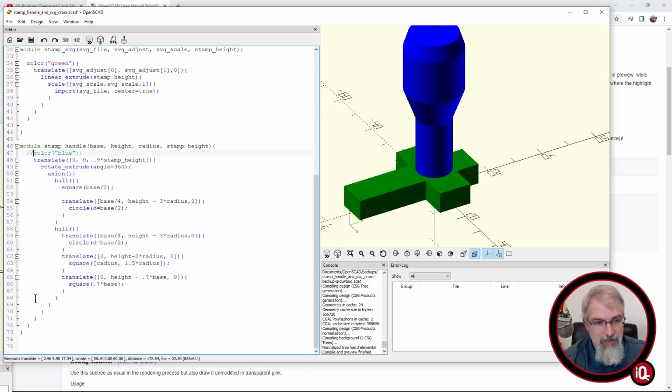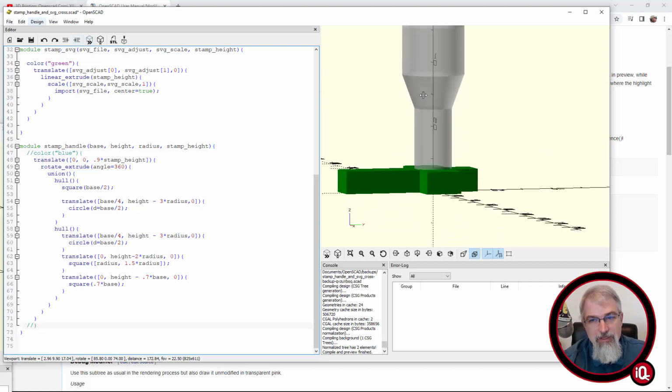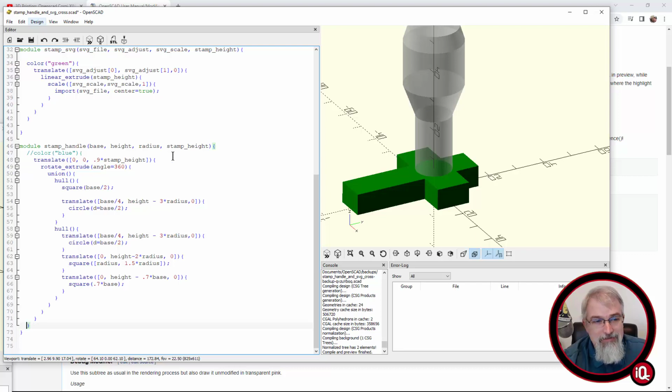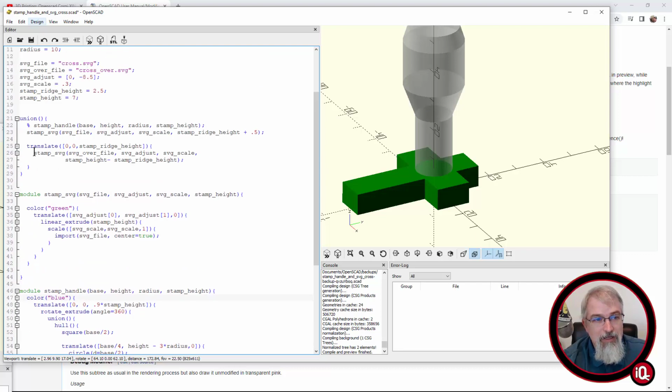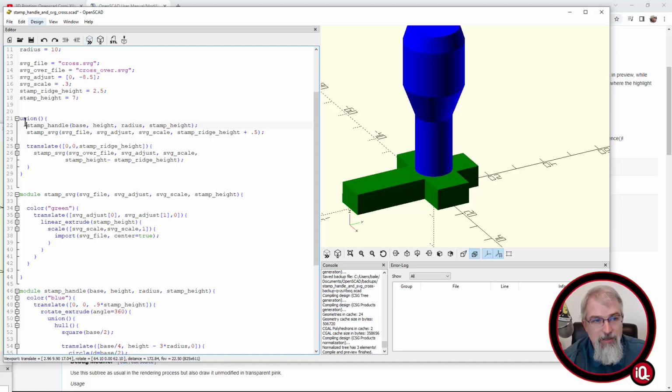So if I remove the blue real quick, now it's working. So if you try to apply any custom color to it, it's not going to work. Even at this point where we have this union of everything, let me see, I didn't try this. If I do this and say ignore everything,